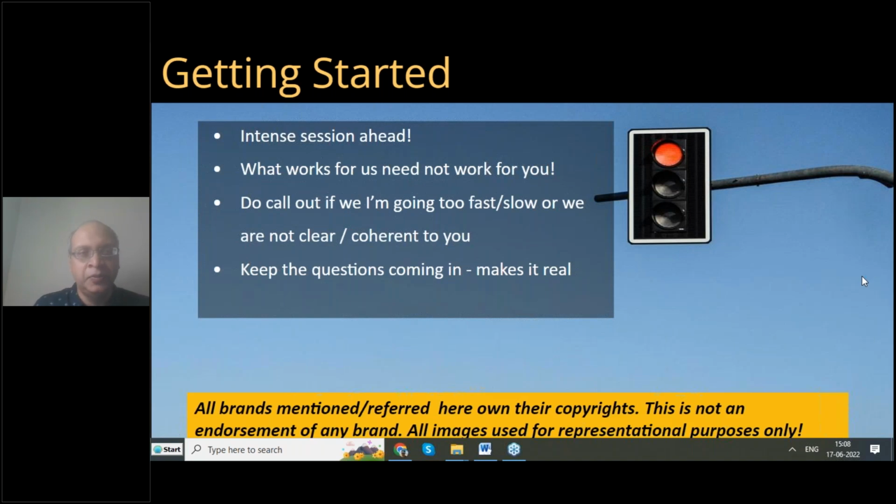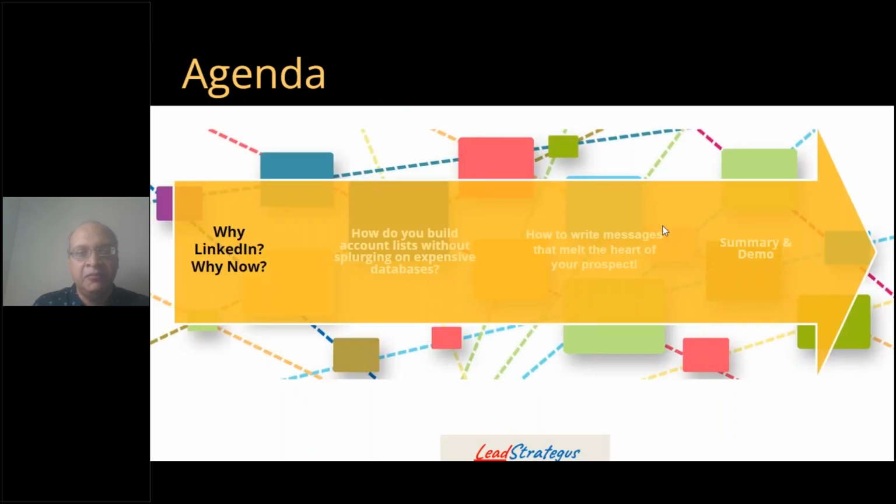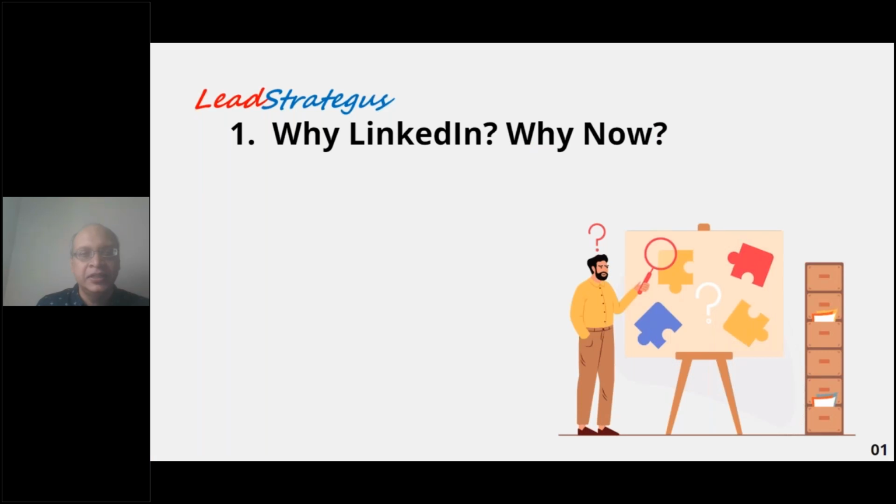First thing we want to talk about is why LinkedIn, and why do LinkedIn now? LinkedIn is a microcosm of sales and marketing. If you look at how sales has been changing, how marketing has been changing in the last 10 years, and particularly over the last 2 years, it's captured a life of its own. It's become huge. Also because of the way sales and marketing have changed over the last 40, 50 years,